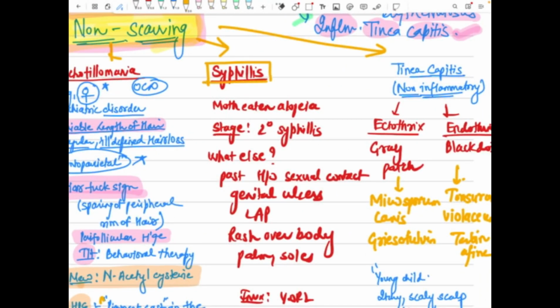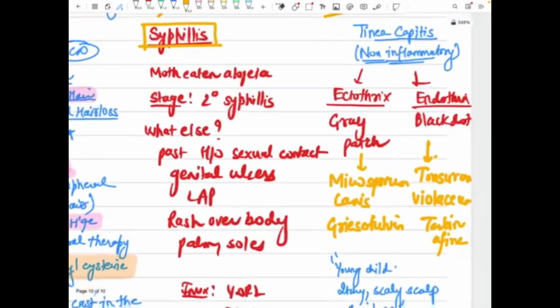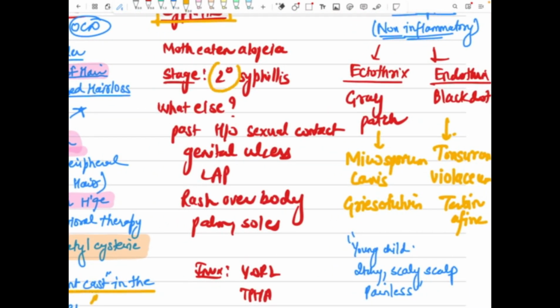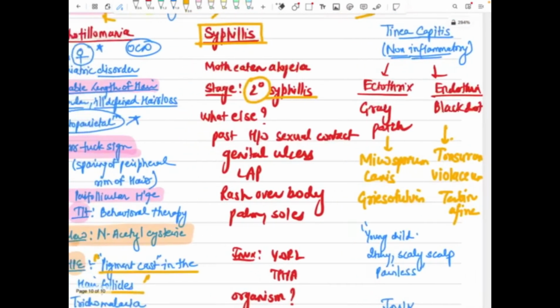Next thing is syphilis, right? Which stage of syphilis has non-scarring alopecia? You should know, it is secondary syphilis. It is not primary syphilis, it is secondary syphilis. How is the question framed? There will be